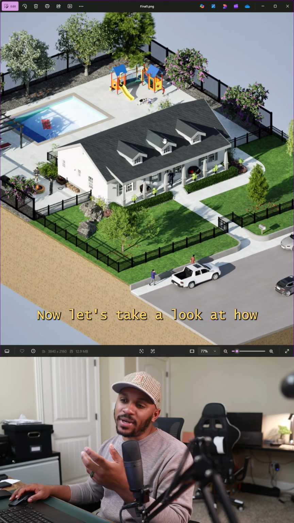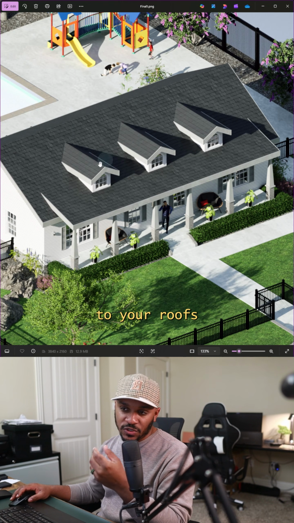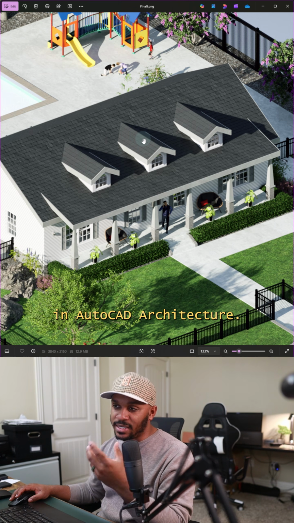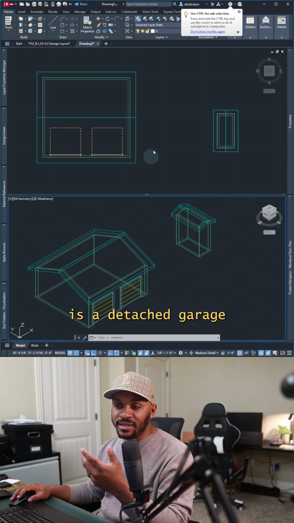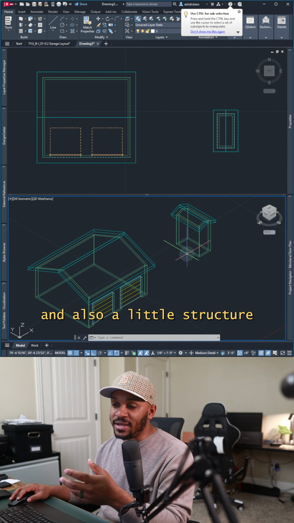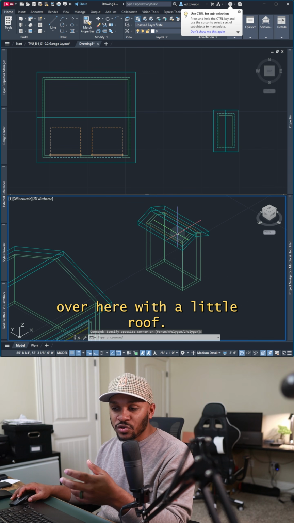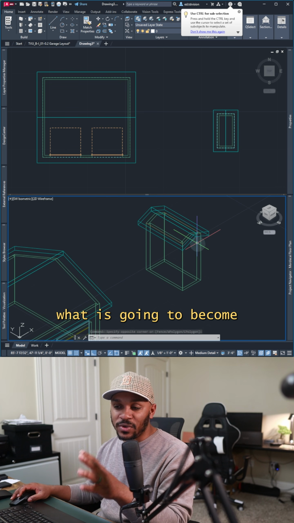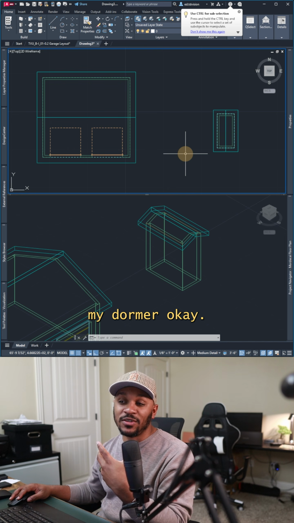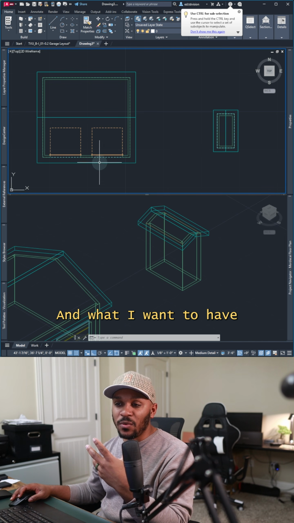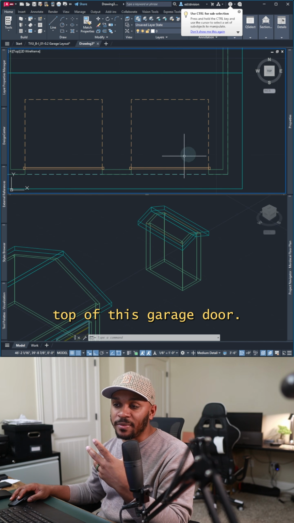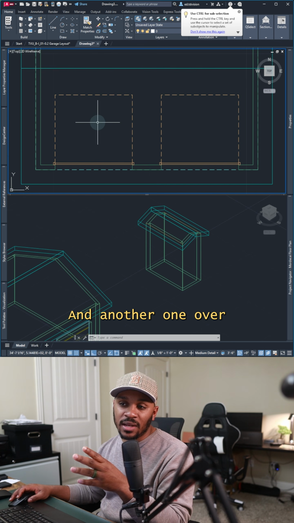Now let's take a look at how to add dormers to your roofs in AutoCAD Architecture. What I have here is a detached garage and also a little structure over here with a little roof. This is what is going to become my dormer, okay? And what I want to have is a dormer over top of this garage door and another one over top